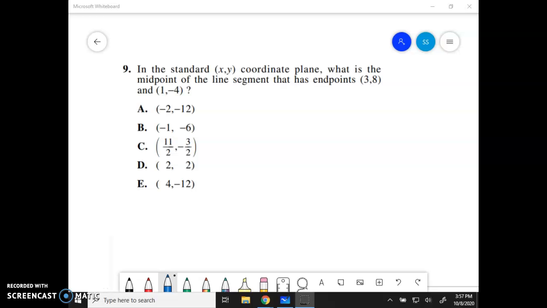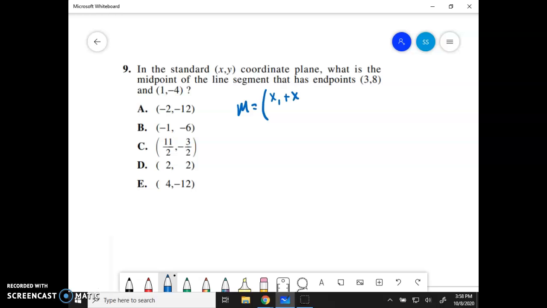Okay, geometry, let's get started with this ACT warm-up. This is looking at midpoint here. It says in the standard XY coordinate plane, what is the midpoint of the line segment that has endpoints 3, 8, and 4, -1? Okay, so the only issue here, so maybe this is fresh because we remember the formula from last week,